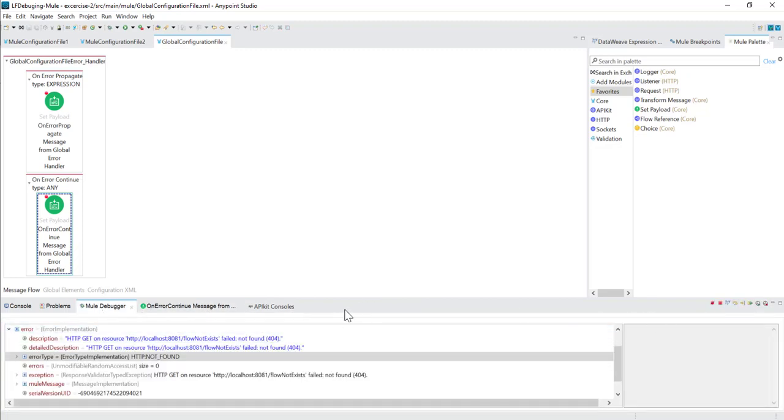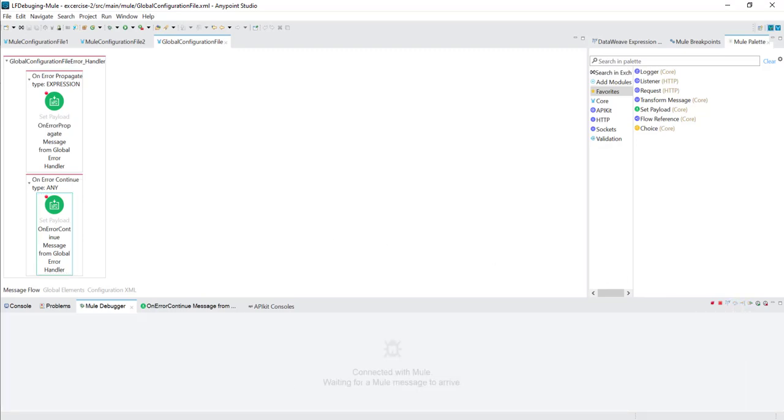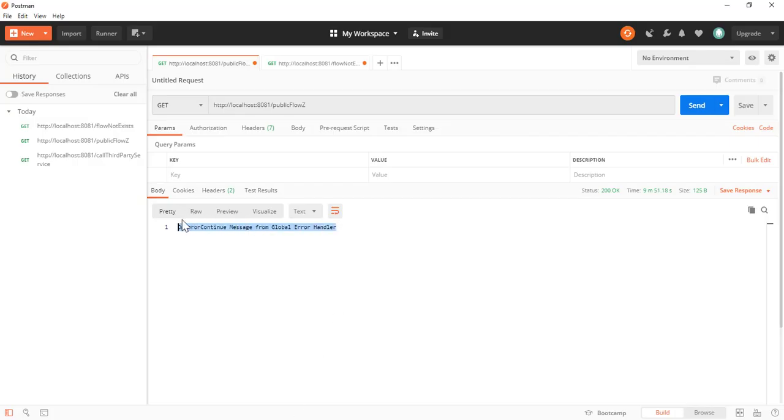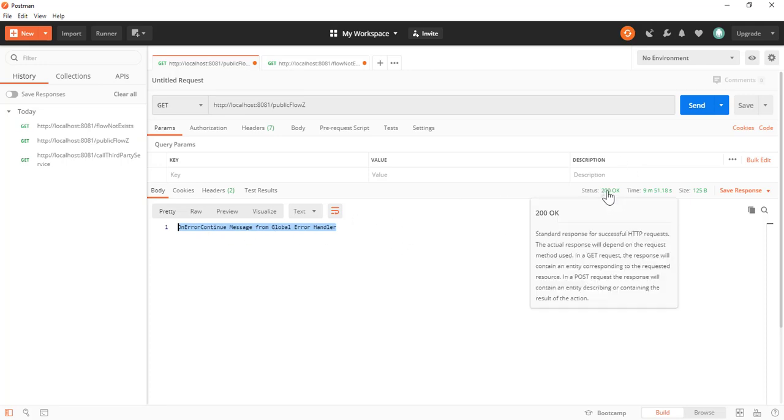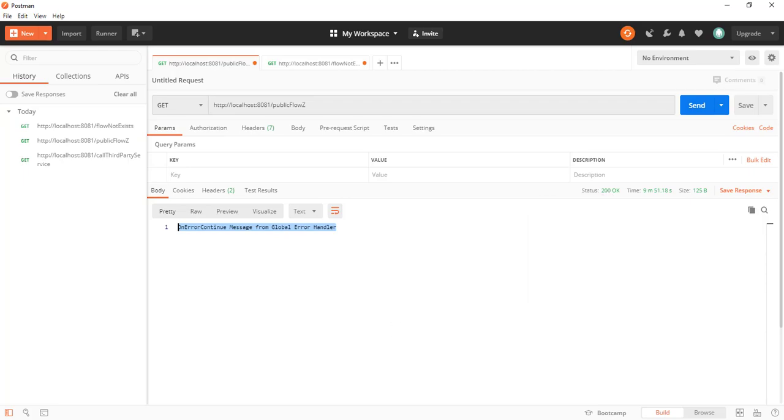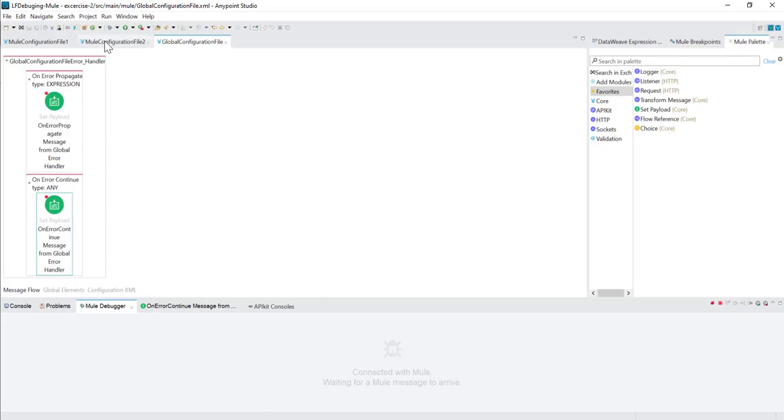So now let's move ahead and I will click here. Now let's see, as you can see, this is the payload which has been returned as the response, and also the status code is 200, right? So we have seen that